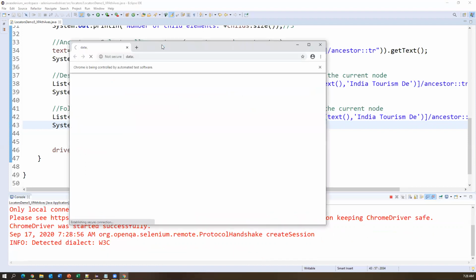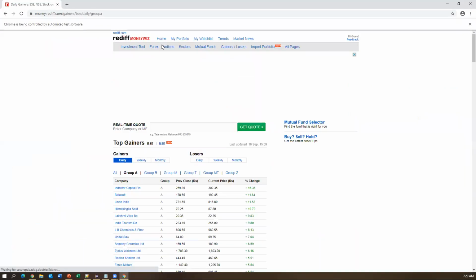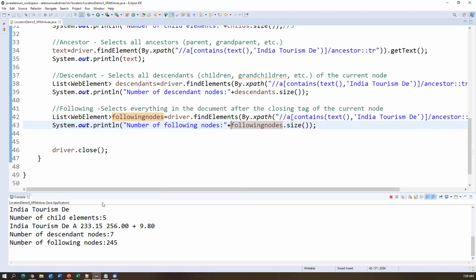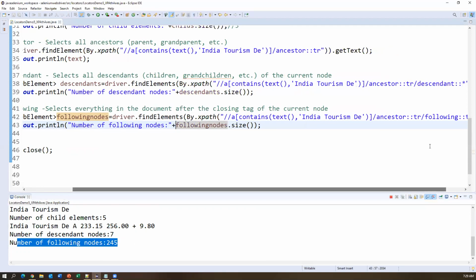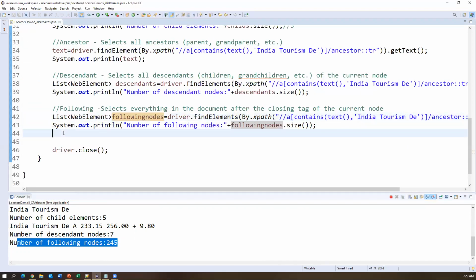After execution is completed, my browser will automatically close. Yeah, so now we can see 245 is written here. So that is the number of following nodes for this particular node. What are the following nodes here? From this ancestor, these are the following nodes. So this is how we can use following.